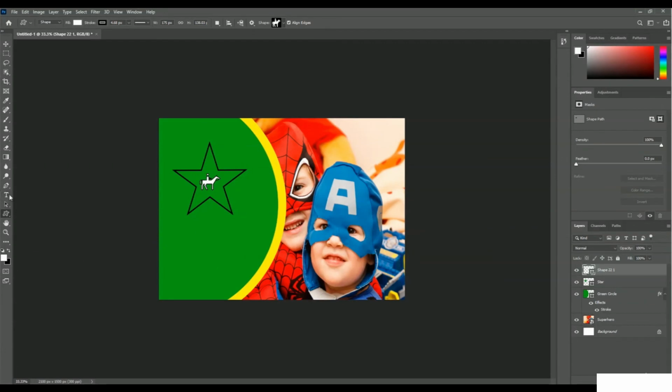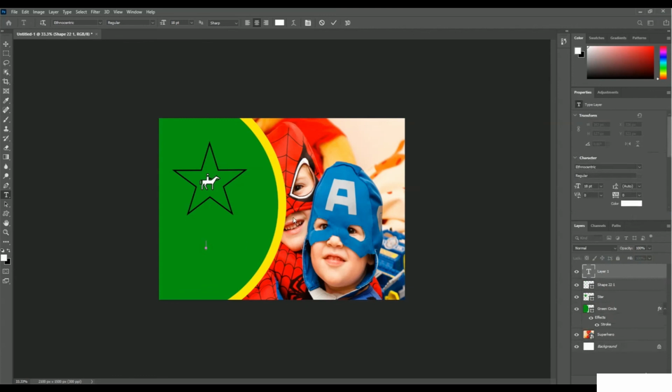So here is the type tool. Let me use this type tool, and with the ethnocentric font I want to write Genius Kid. Okay, we have the Genius Kid text in here, and let me click on this tick mark. Okay, we have the Genius Kid in here, and right now we have to make a border in here,